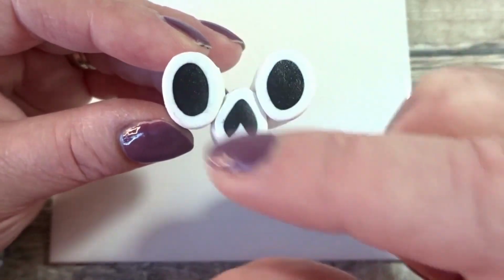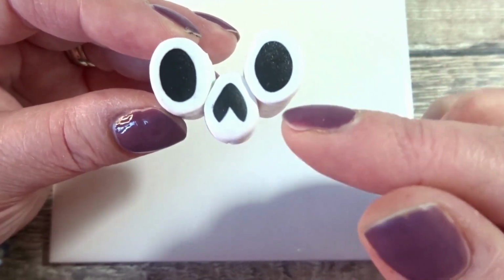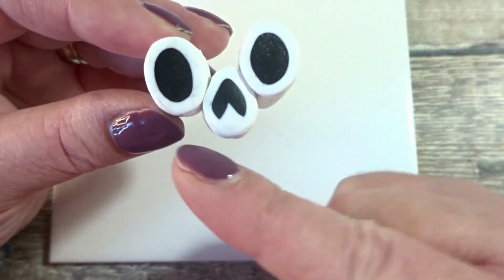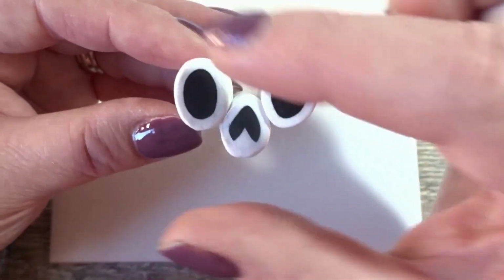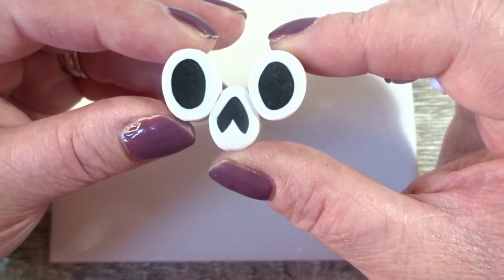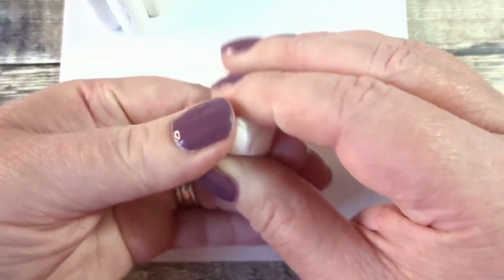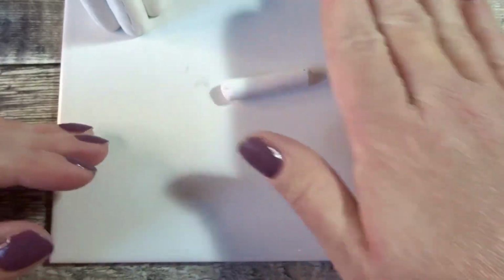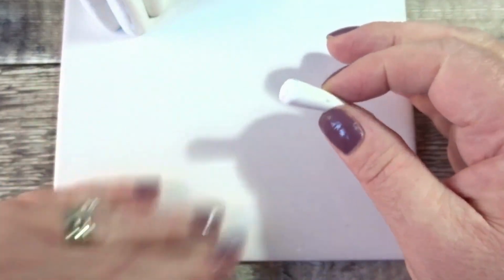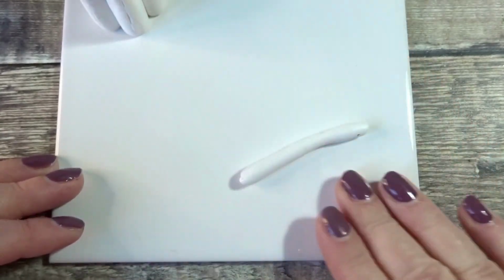and now we need to pack around the cane with more white, and this is going to form the rest of the skull. So I'm going to start by getting into these tighter sections and then building up, the idea being that we have a consistent circle all the way around these features, and then we can move on to adding our teeth. So I'm just going to take some white clay and roll it out,